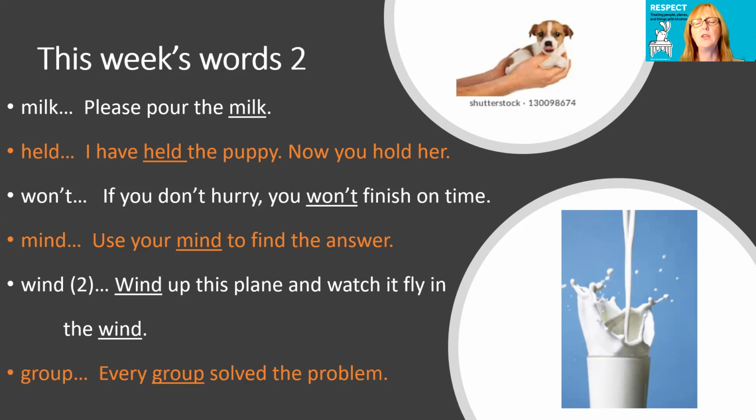And then we have group. Every group solved the problem. Group is a challenging word. It is a word we just have to memorize. G-R-O-U-P. That oo sound is usually made by the double O, O-O, but in this case it's made by O-U. Sometimes that oo sound is even made by E-W, but here in one of those rare times it's made by O-U, which usually says ow. So group,